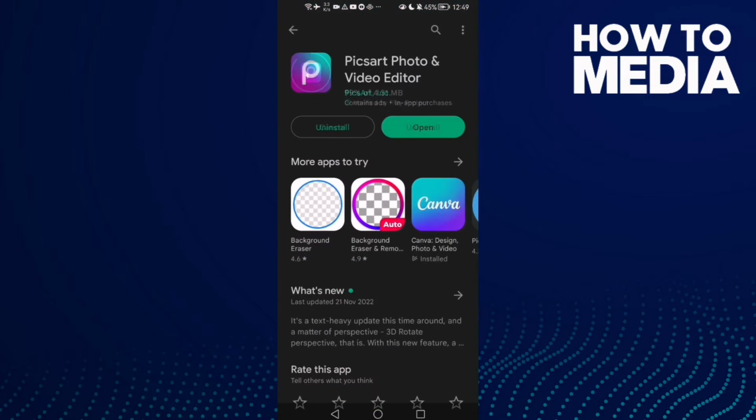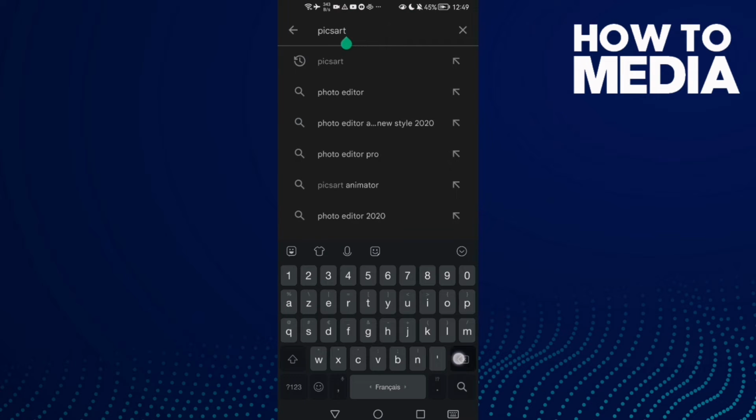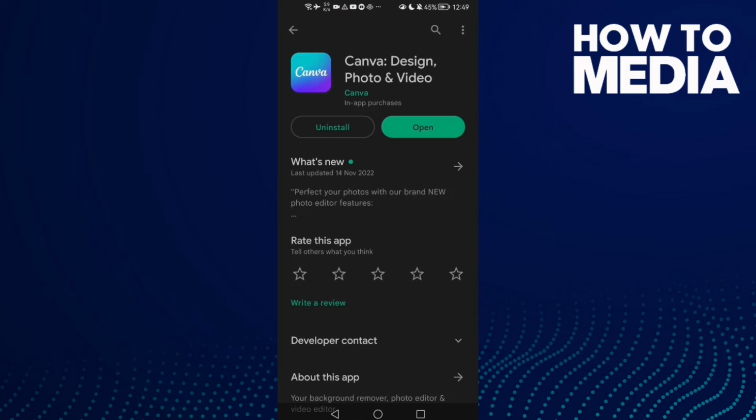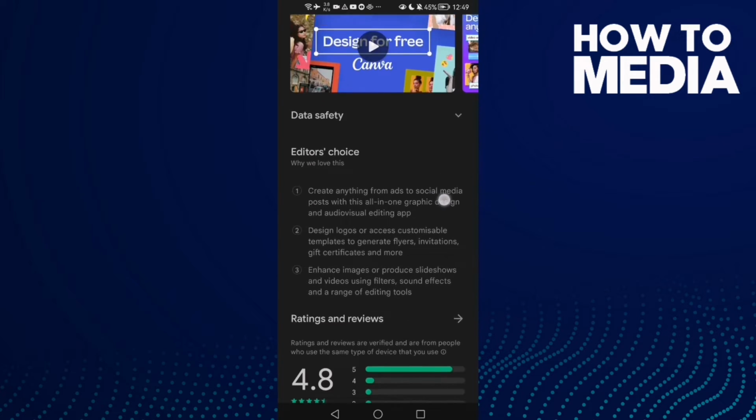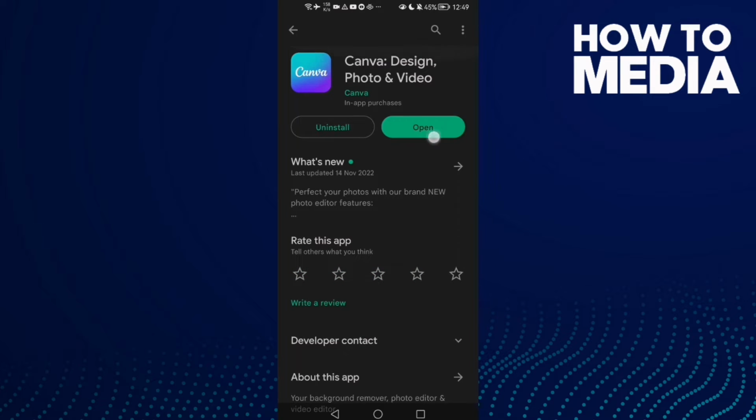First thing, go to Play Store and type here Canva and click on it, and then scroll down until you find here. Just check if there's any update for your Canva and then just update it, and if that doesn't fix it,